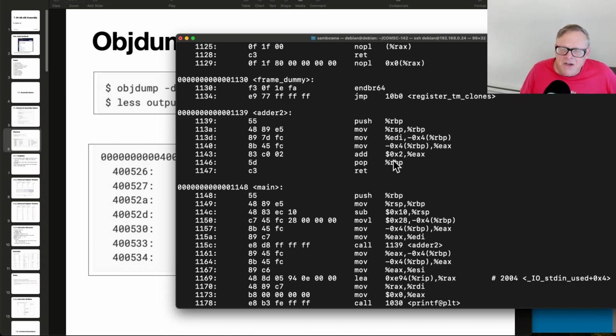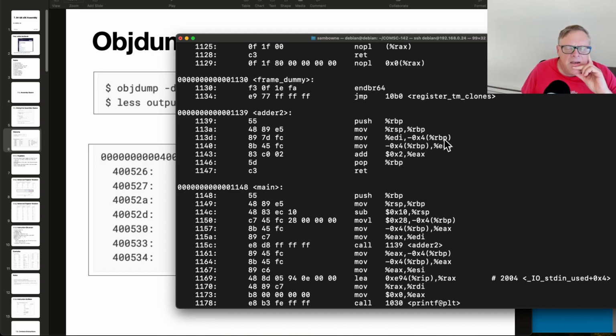And I can tell because here it moves 2 into EAX, and it can't possibly move anything into 2. So that's supposed to be the source. So it moves RSP into RBP, which creates a new stack frame starting at the next available word on the stack. And then it moves